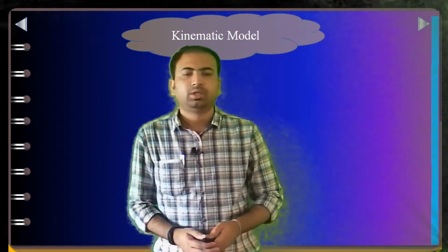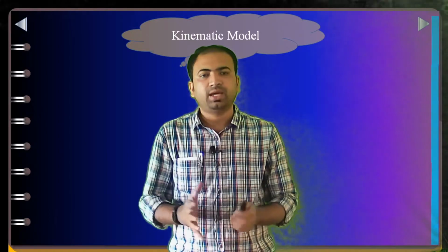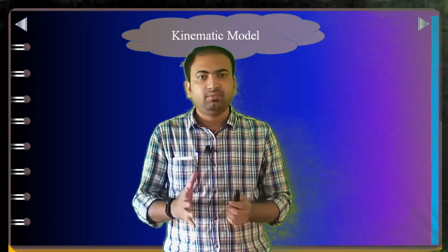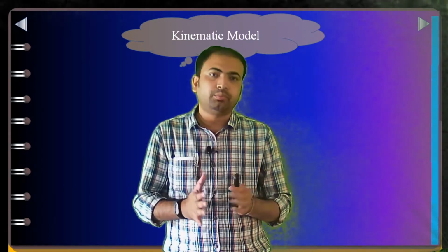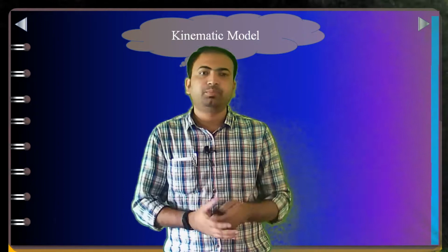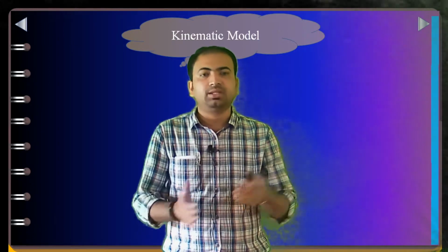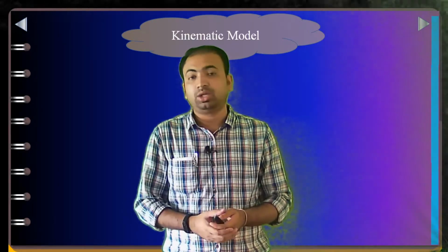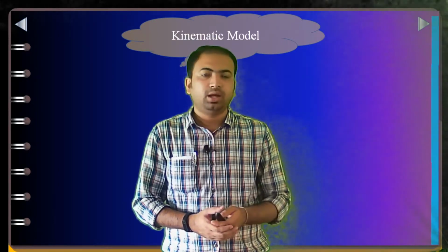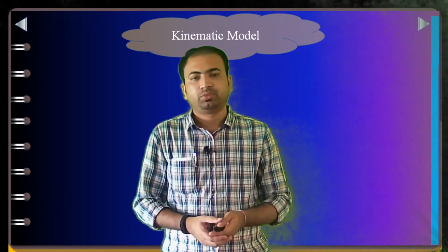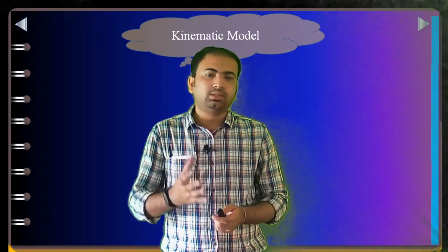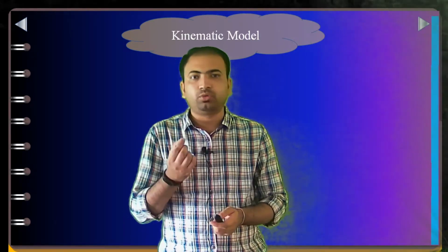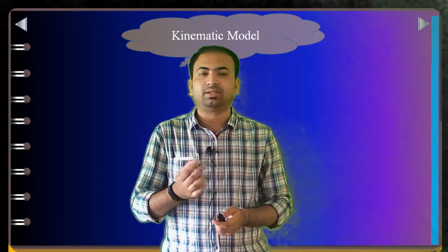Hello everyone. In the last few classes, we have seen what the rotation matrix will be if we are rotating one frame with respect to any other frame, or if we are translating it by some distance, say along the x direction dx, along the y direction dy, and along the z direction dz. But in all this process, we found that we are always getting the position and orientation of the end effector.